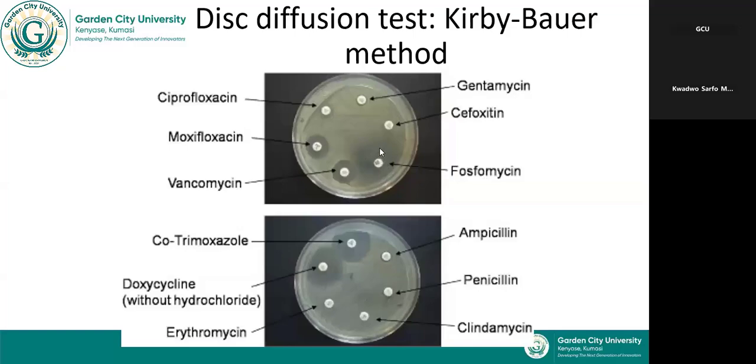That means this concentration of fosfomycin is able to inhibit the growth of this particular bacterium to a larger extent. But we cannot just use this clear zone size to conclude that it is sensitive unless we measure the diameter, from this point to this point in millimeters, and then compare with the breakpoint on the standard before we can conclude that fosfomycin is effective against this